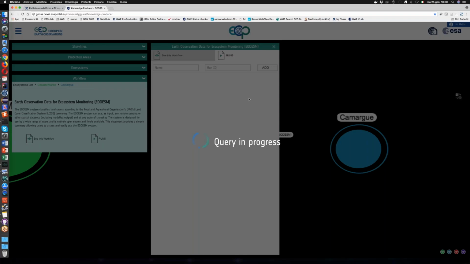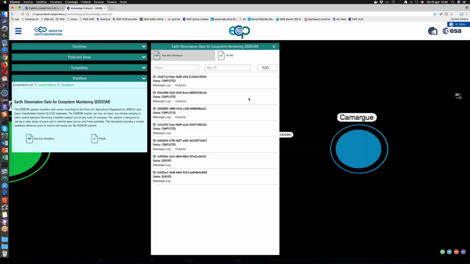And well, the EODESM model takes quite a long time to complete. I have launched a couple, clicked too many times. These are the 2 runs which have just been launched. You can see the status, which is queued, and you have some logging messages. Since EODESM takes 2-3 hours to complete, we have some saved outputs, and we can show here, for example,